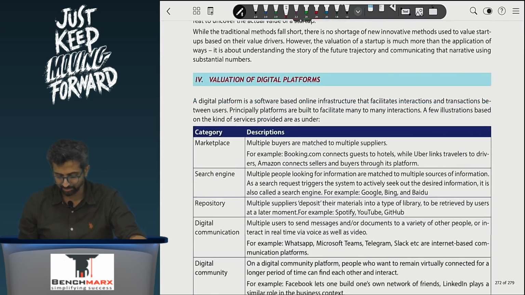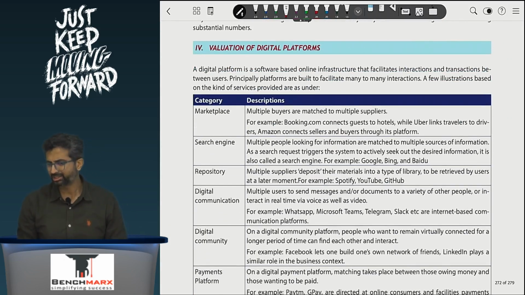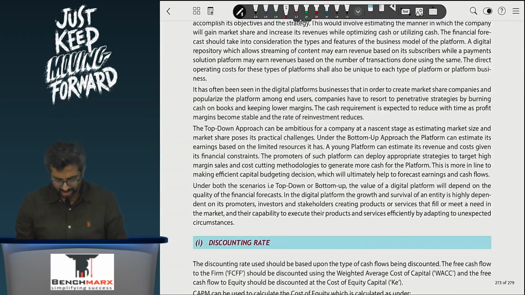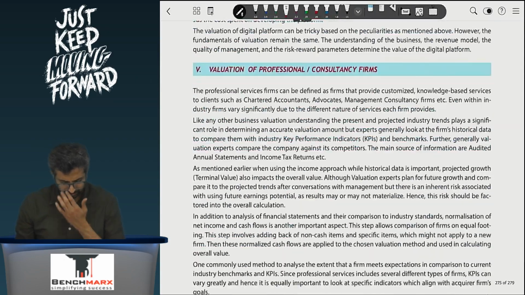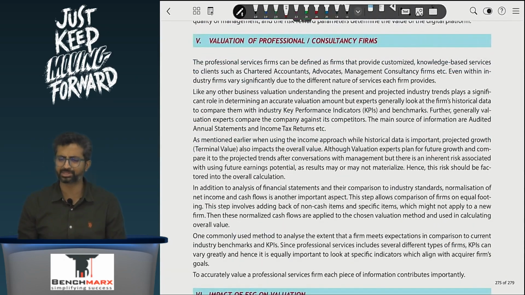Then you had valuation of digital platforms. They can be your LinkedIn, Instagram, Google Pay. These are digital platforms. So based on the underlying value driver, you can find the value. Next you have professional or consulting firms like your CA firms. You look at your KPIs, key performance indicators, and try to value based on how well your key performance indicators are shaping up. And last, we discussed ESG,